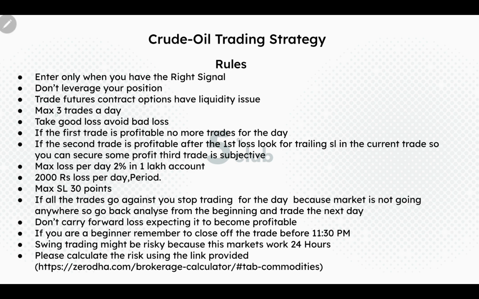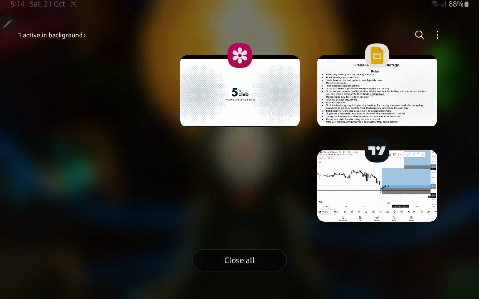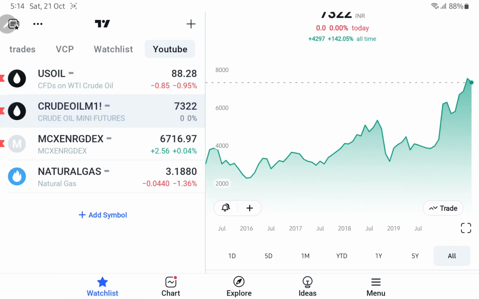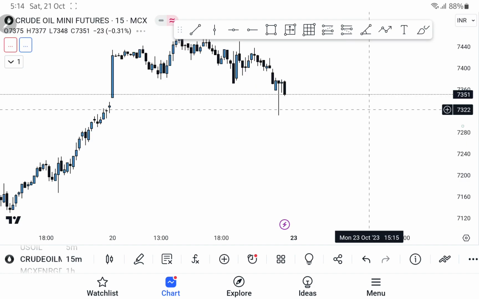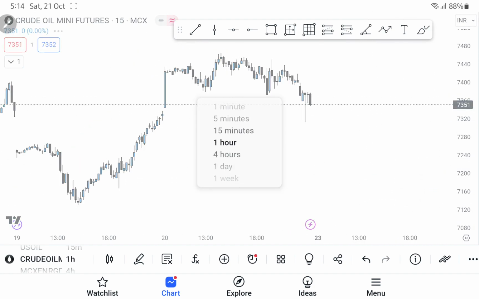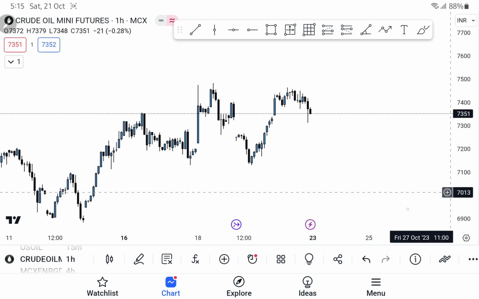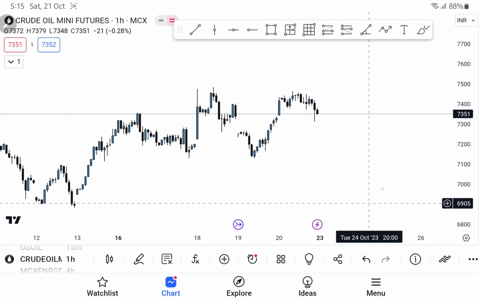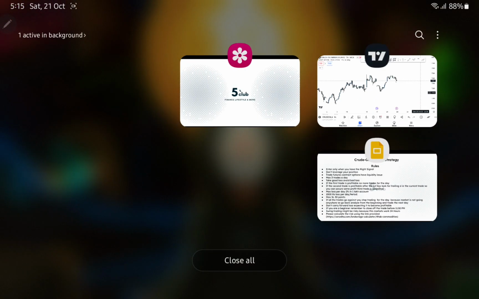Okay, so trade future contracts only. Don't trade options, because there are liquidity issues in options. This is a future contract. This crude oil mini is a future contract. I don't trade options in crude oil at all, simply because the problem of liquidity is there, and I don't want to risk it. I want to enter my trade and exit without any hassle. Okay, next is,